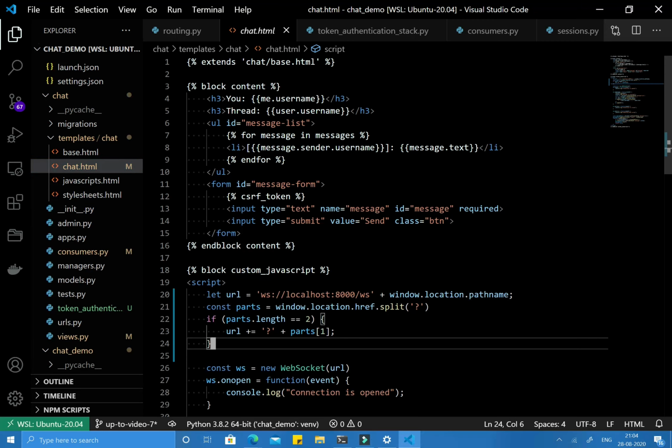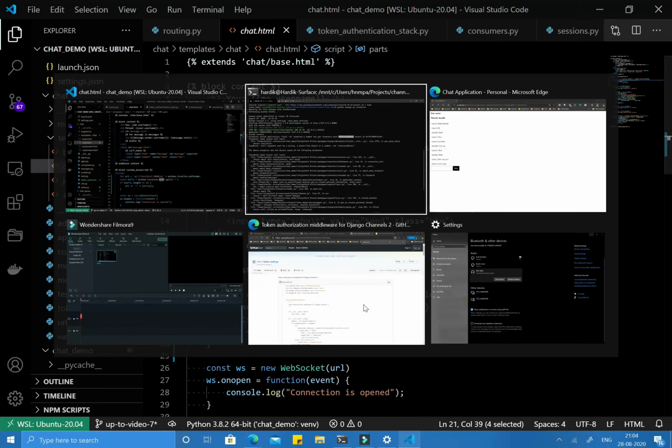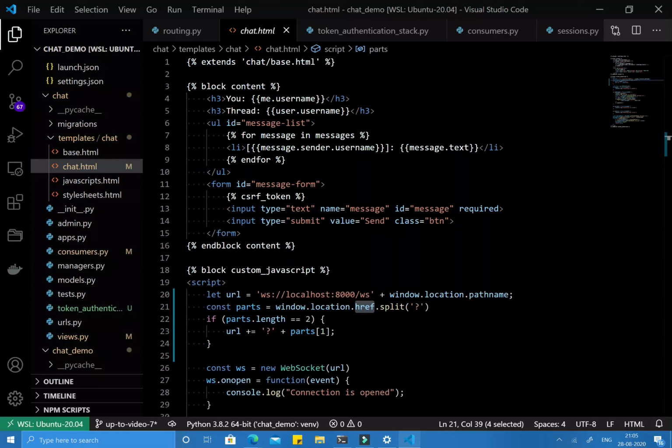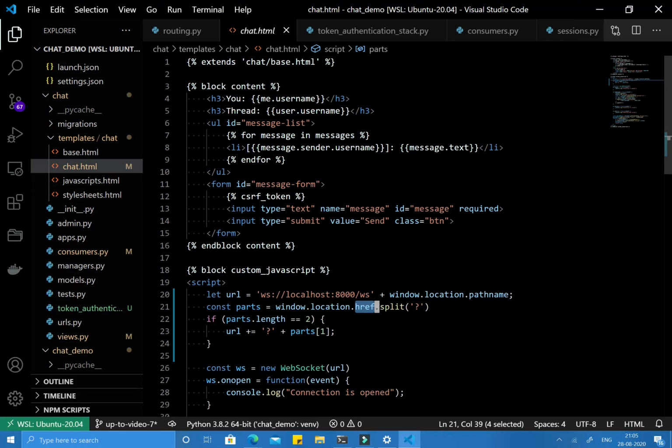What we are doing here now is getting the href, which is the whole href returned to us, where we are separating by question mark. After separating by question mark we will have this value, and then I am checking that parts.length is equal to 2. That means only one question mark is there in the URL.